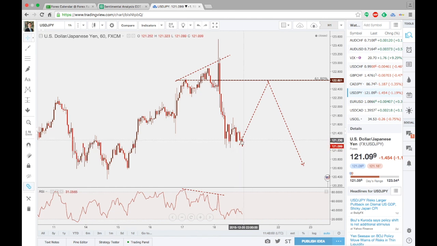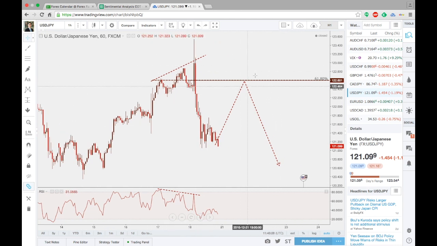What are the chances of it coming back up? I wouldn't say it's very high, but there is still a certain probability. And of course, if you look at the fundamental aspect of this, the Fed has just recently increased their interest rate. You would expect the dollar to strengthen. So this trade itself, I would say, is not in line with the fundamental aspect. Overall, in the longer or even medium term, we will be looking at the dollar strengthening. So for those who are more trend following in terms of your philosophy, you might not even want to look at this trade.